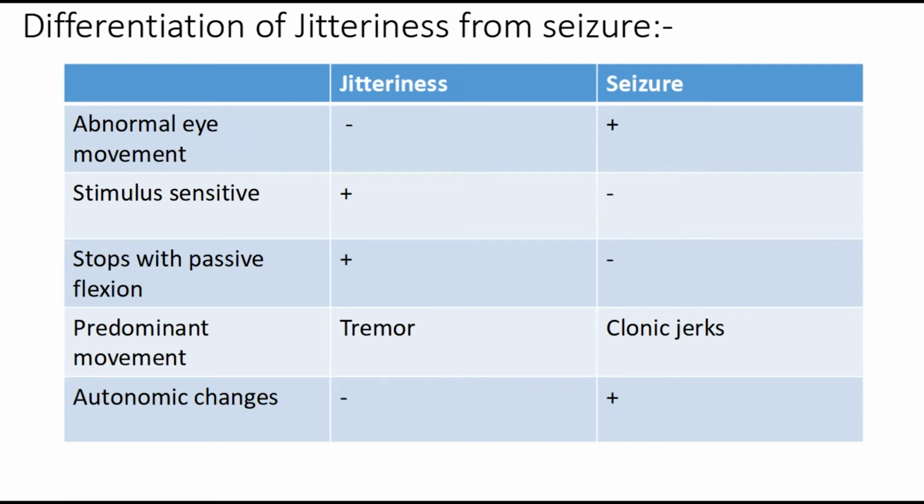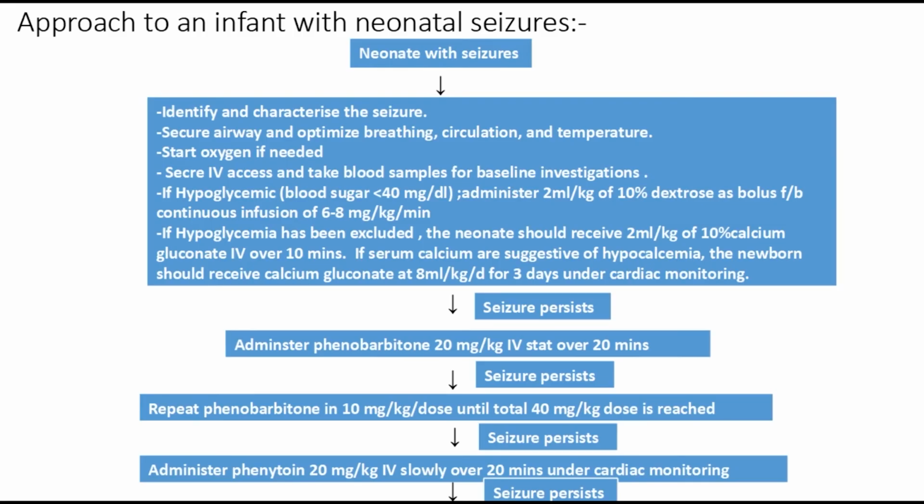The predominant movement in jitteriness is tremors, while in seizures it is clonic jerks, and autonomic changes are absent in jitteriness while present in seizures, such as tachycardia or bradycardia. Approach to an infant with neonatal seizure. Neonate with seizure, you have to identify and characterize the seizures. Before doing that, secure airway, optimize breathing, circulation and temperature, start oxygen if needed, secure IV access, take blood samples